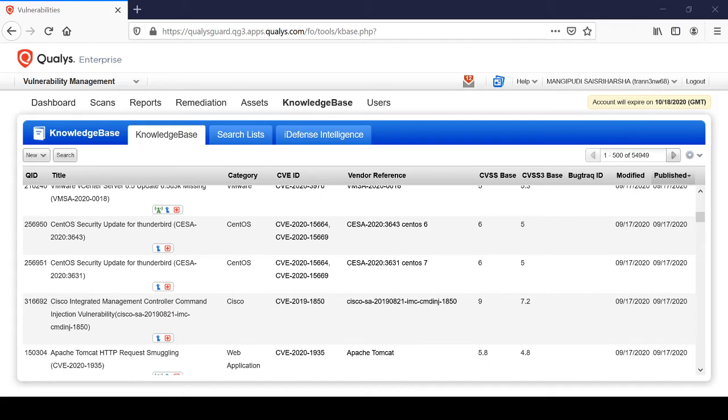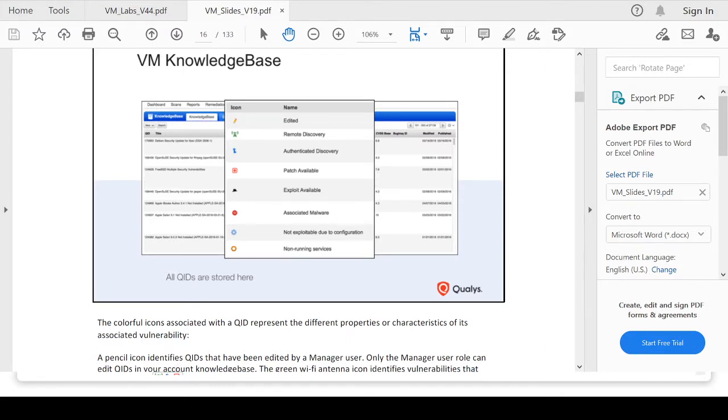We'll go to the vulnerability database and we will see what it shows. You can see here